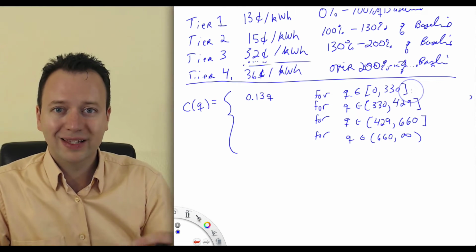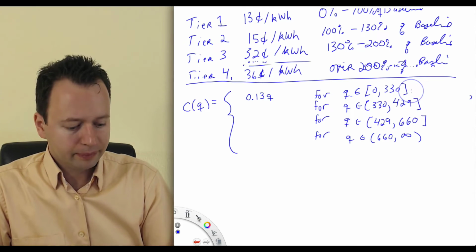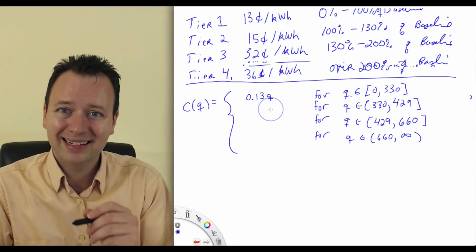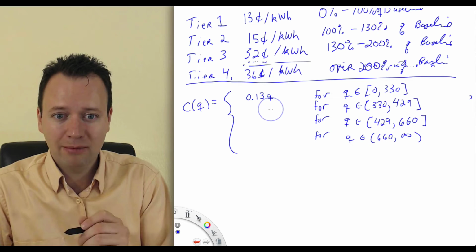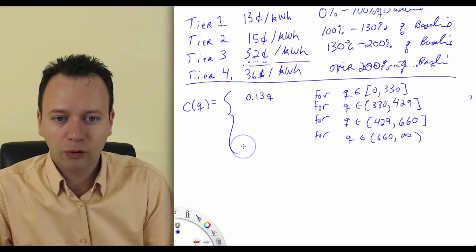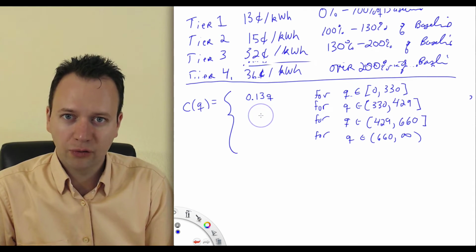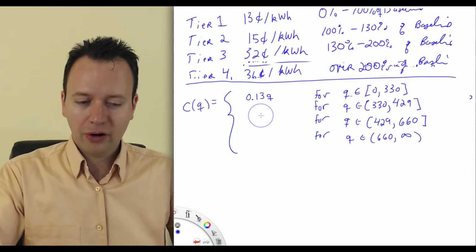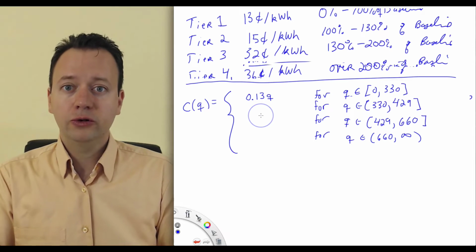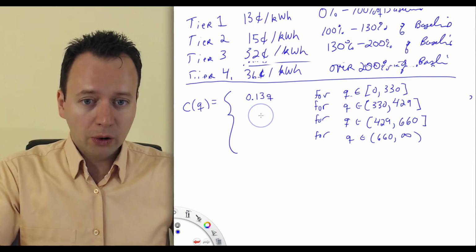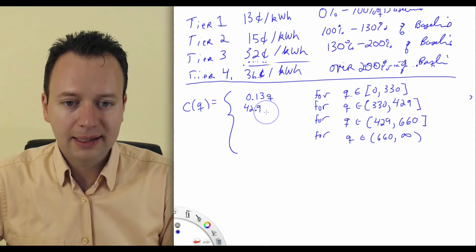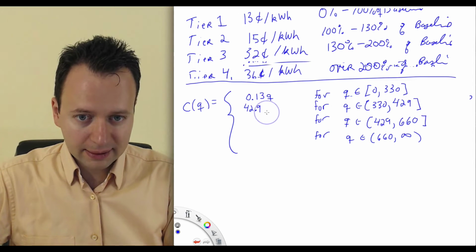Now the important thing here is that this is continuous. So if I use this formula at 330 kilowatt hours or the next formula, it has to give me the same amount, the same charge, right? So basically we can use this formula as the starting point for the next formula, right? Because once we're at 330 kilowatt hours, 330 times 13 cents, our bill is $42.90. So we're going to start off with $42.90 plus